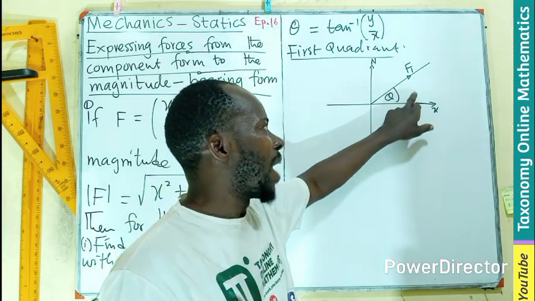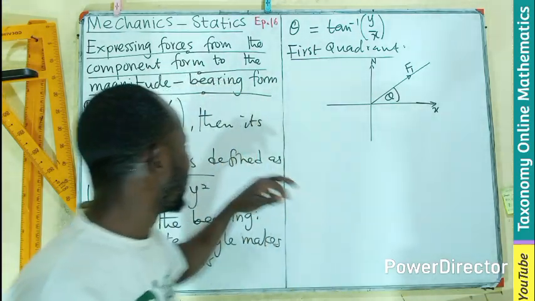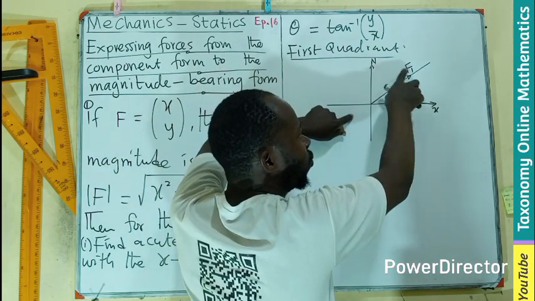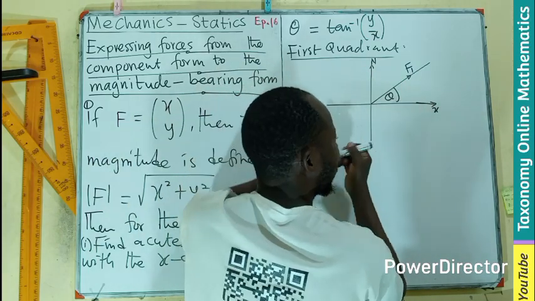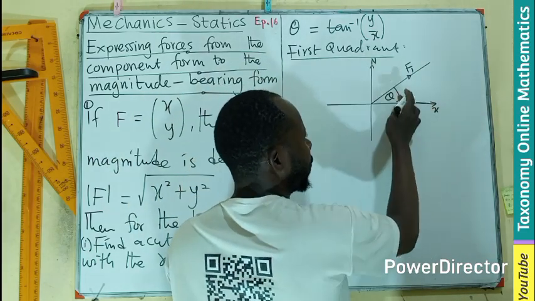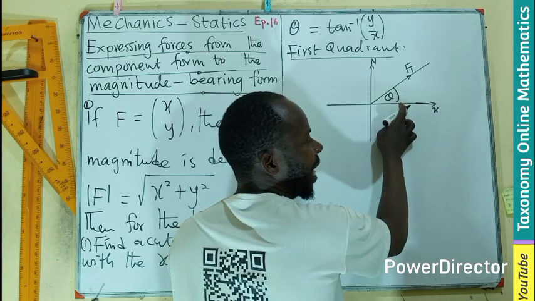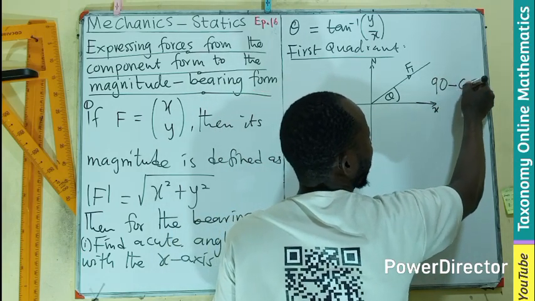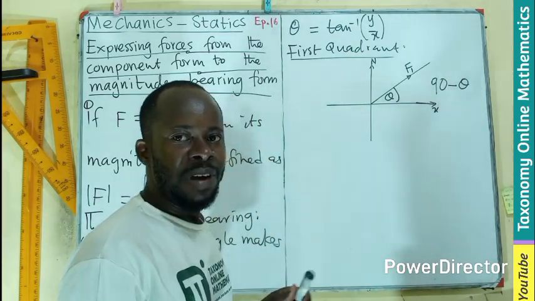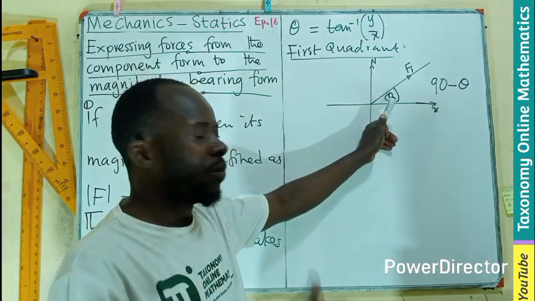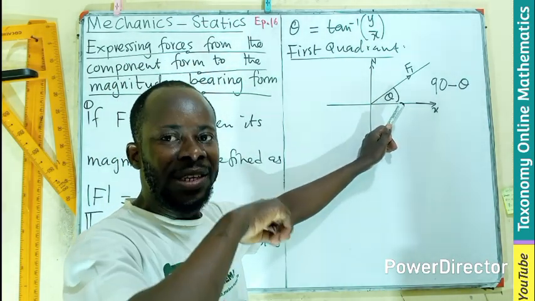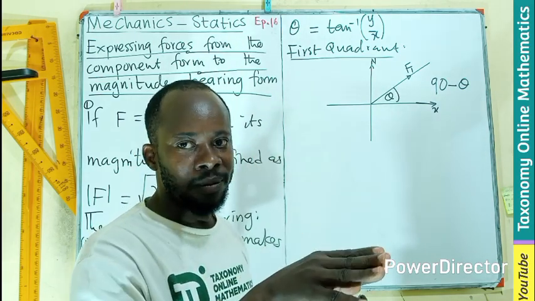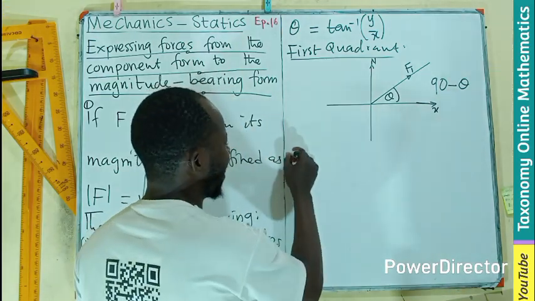Then it means that if I am looking for the bearing of this force, moving from north to this place, knowing this angle, from north to the x-axis is 90. So it is just 90 degrees minus what? Theta. If I subtract the angle I have with the x-axis from 90 degrees, then I know the bearing of the force measured from the north. Then if I take the second